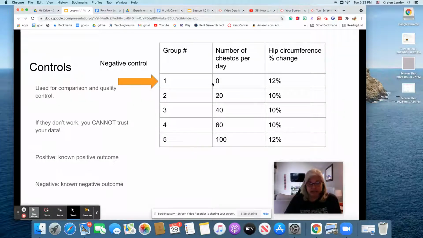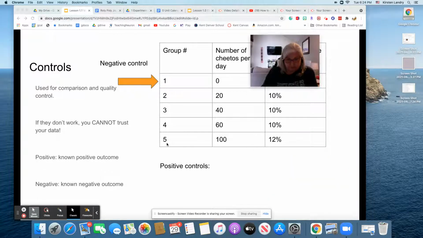Just the more Cheetos, the bigger your hip circumference becomes. So in this case, I would look at this data and say, well, I think I might have been incorrect in my hypothesis, because if Cheetos were the only thing that I'm changing, it doesn't look like that is affecting the hip circumference. For positive controls, a lot of times we use those in